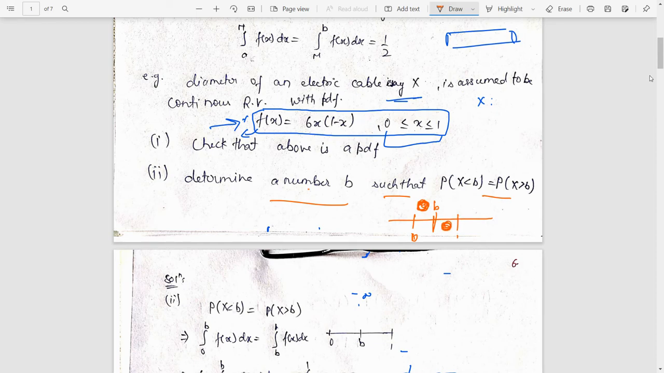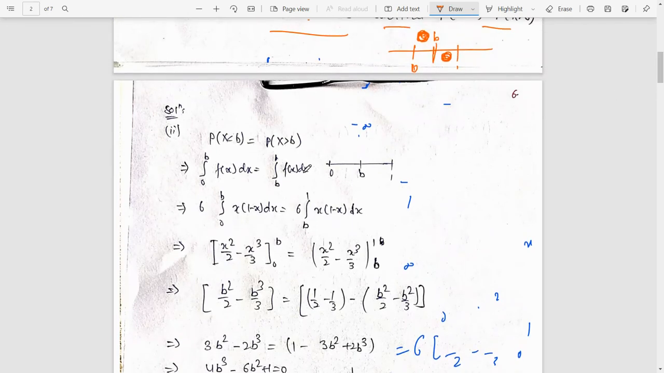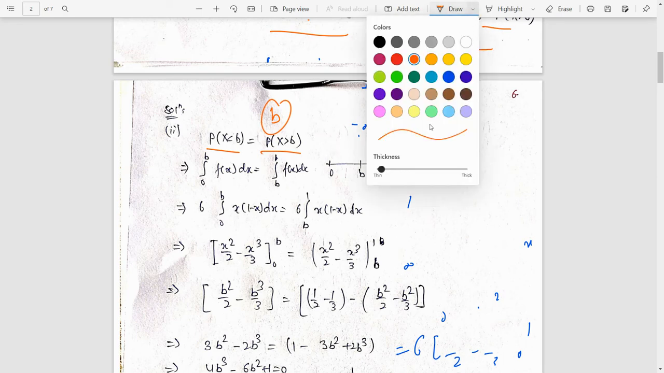Okay, so this is the concept that you need to follow. I have explained the same thing very easily. You need to find b such that these two probabilities are equal. So you need to find b. Now, to find b, the simple thing is that